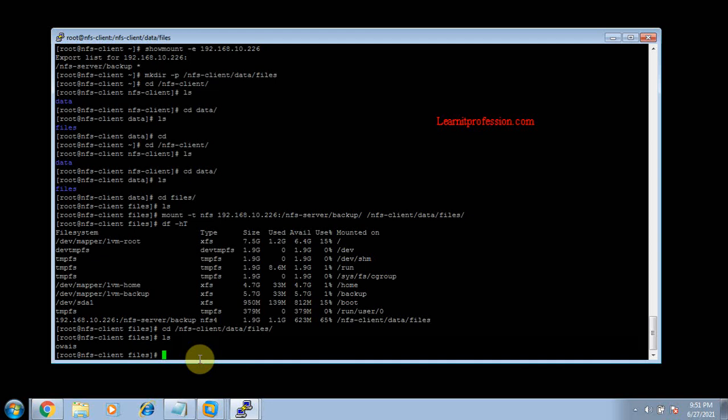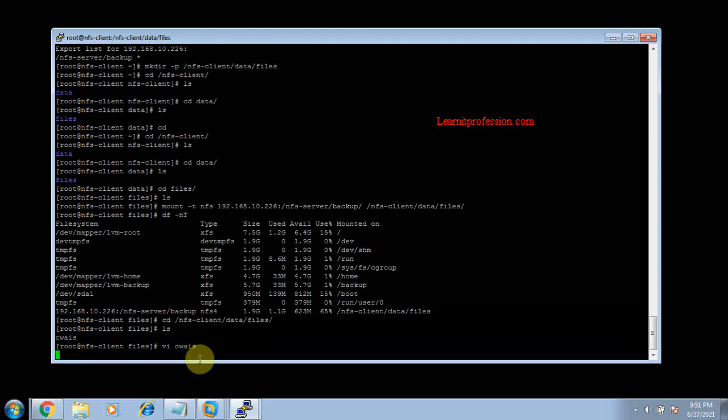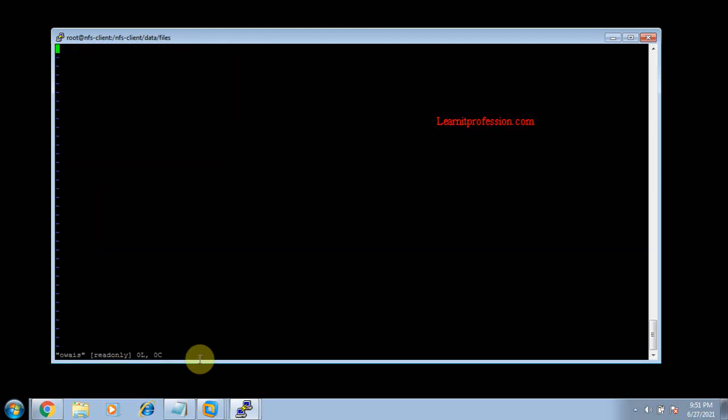Okay, so just edit the file, vi OS, and type just the name Pakistan. Okay, just press insert, Pakistan. Okay, and save the content inside the file OS.